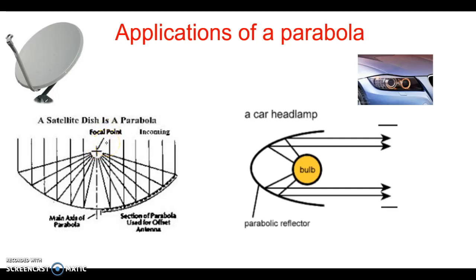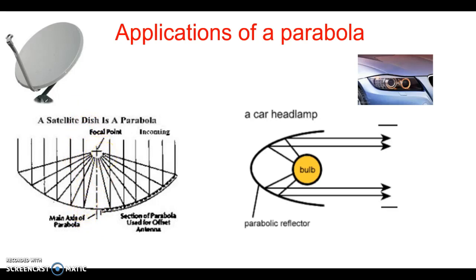And the whole point of the focus is that when the satellite dish is receiving a signal from another satellite, what it's doing is it's sending the signal into the satellite dish. That signal bounces off the parabola no matter where it hits, and will end up going to the focus. So again, no matter where the signal hits the parabola, that signal will always bounce back to the focus, and